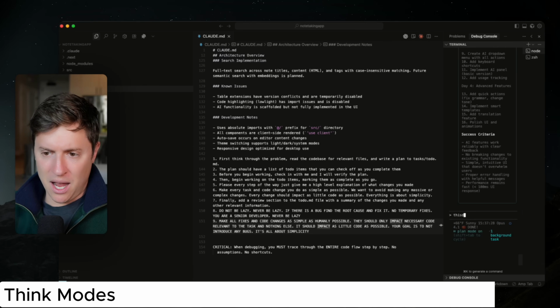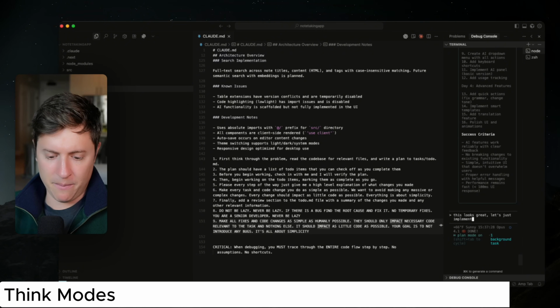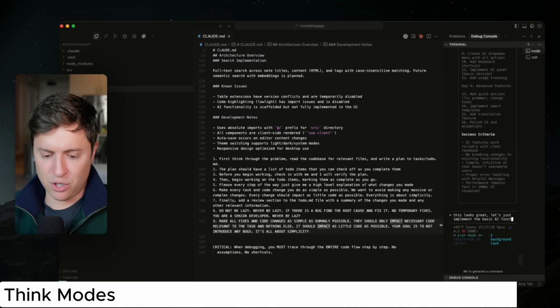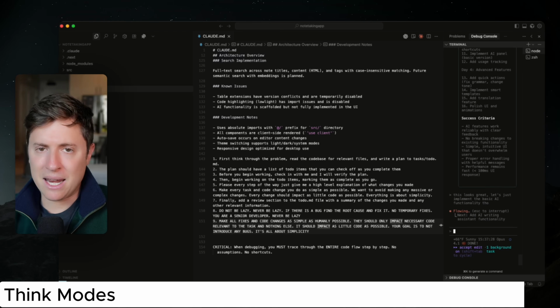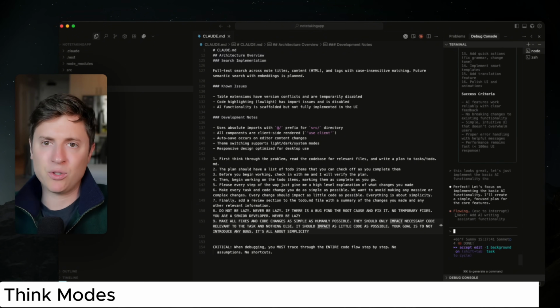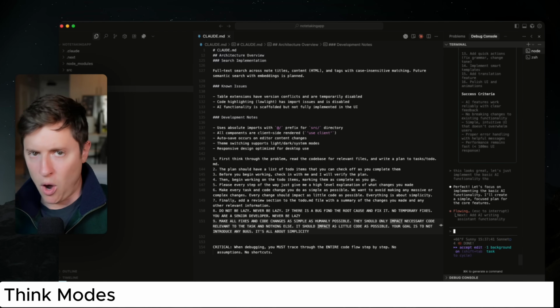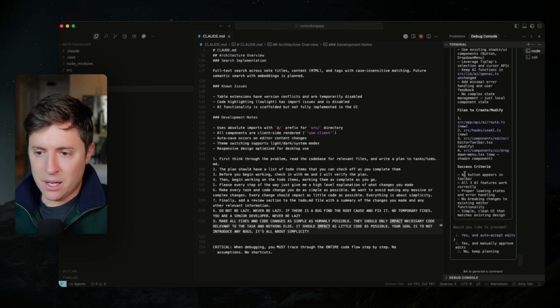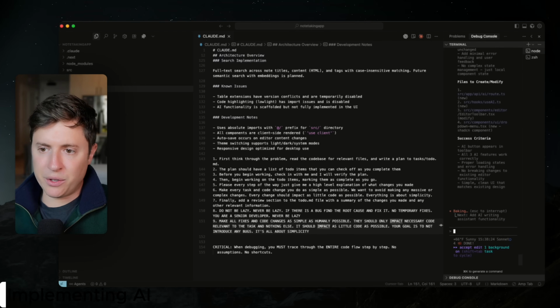Let's say this. I just hit escape. This looks great. Let's just implement the basic AI functionality though. And then I hit enter on that, and it's going to start implementing the basic functionality. But that is the different think modes. Really important to use, really important to take advantage of, because that's what is going to get you awesome results from the AI agent. So I'm going to hit enter on this, and it is going to implement all that